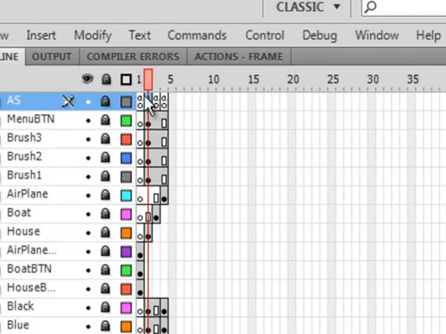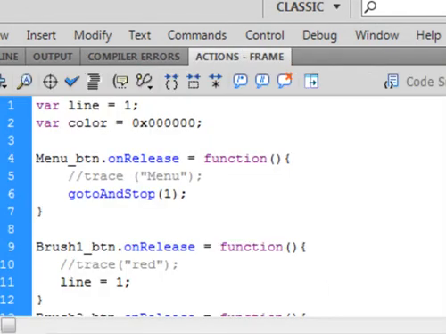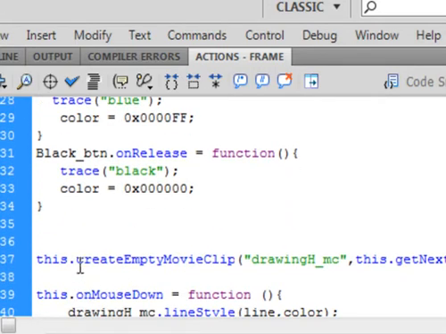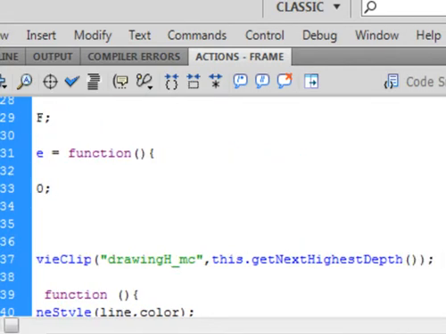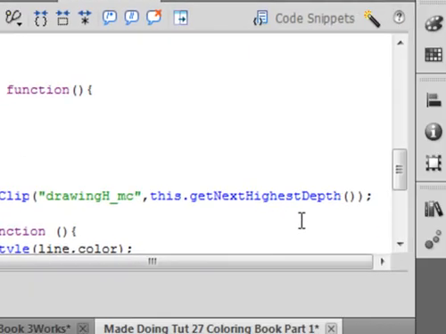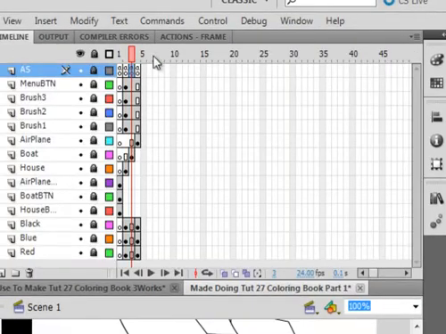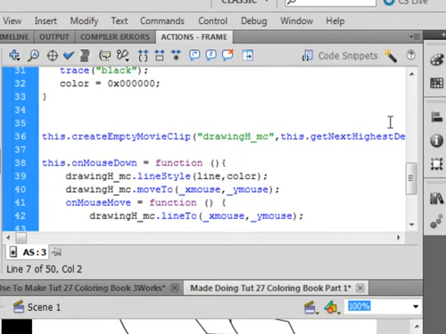So now let's go to frame 2 of the actions panel. Open that up, and down here where we have that similar createEmptyMovieClip, H. Let's make this depth, instead of just straight getNextHighestDepth, plus 5. Go back to the timeline, pick up this frame 3,